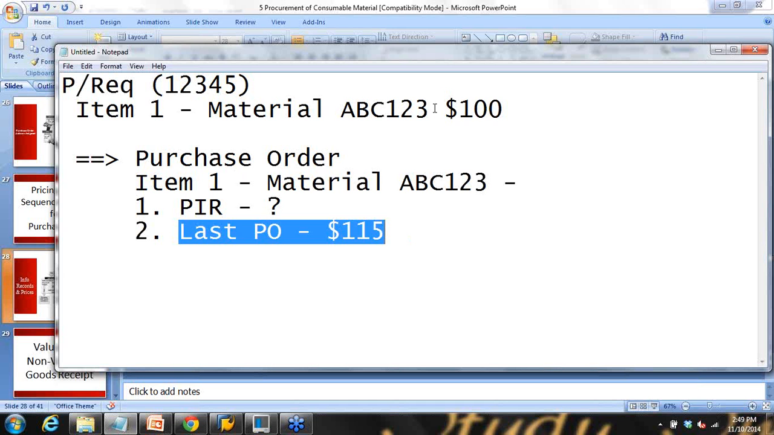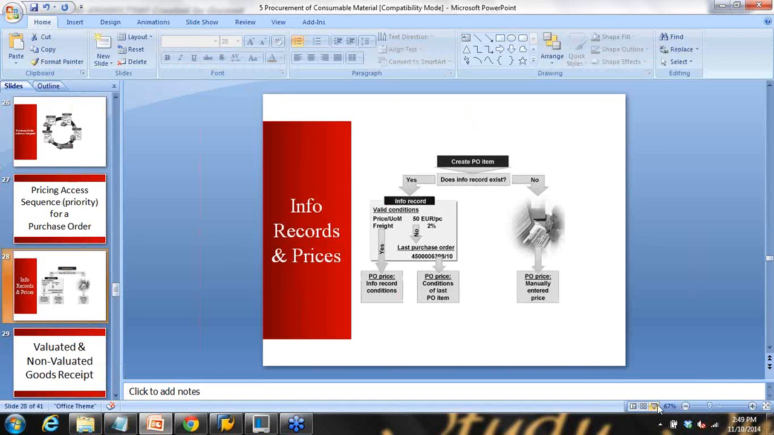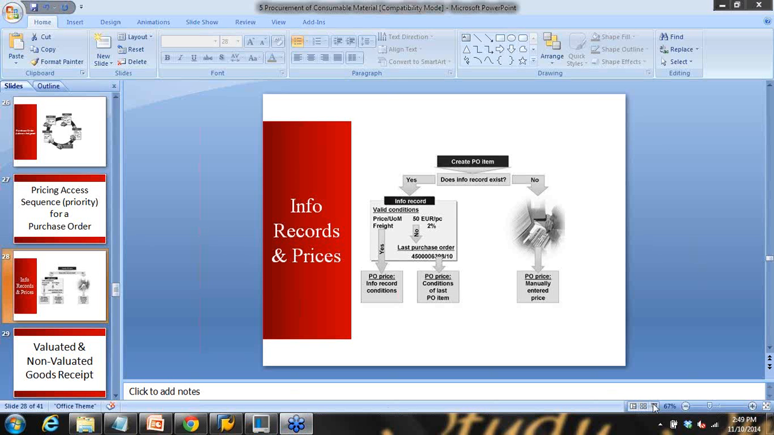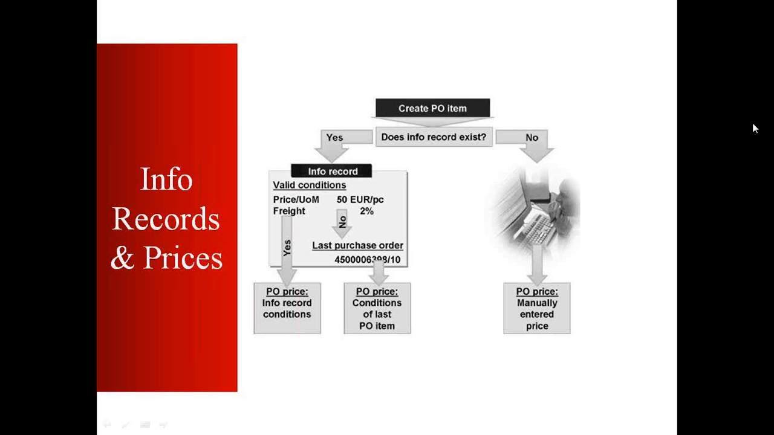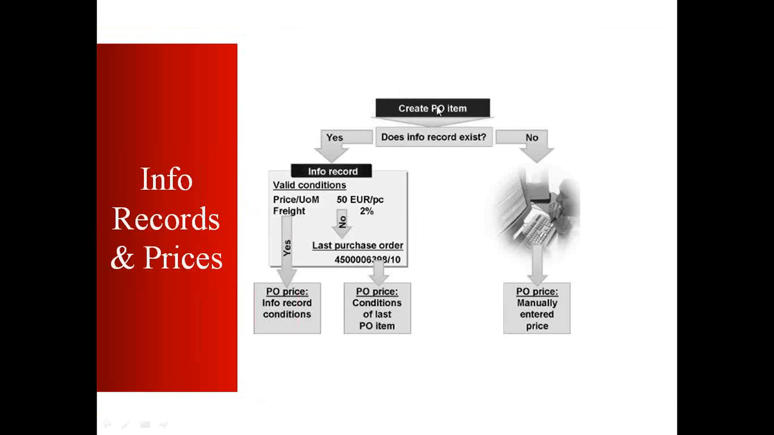Okay, so the purchase order will never copy the price from here. It will always look into here or here. So this is what this slide is showing you, that whenever you create a purchase order, the system will first look into the info record, okay,